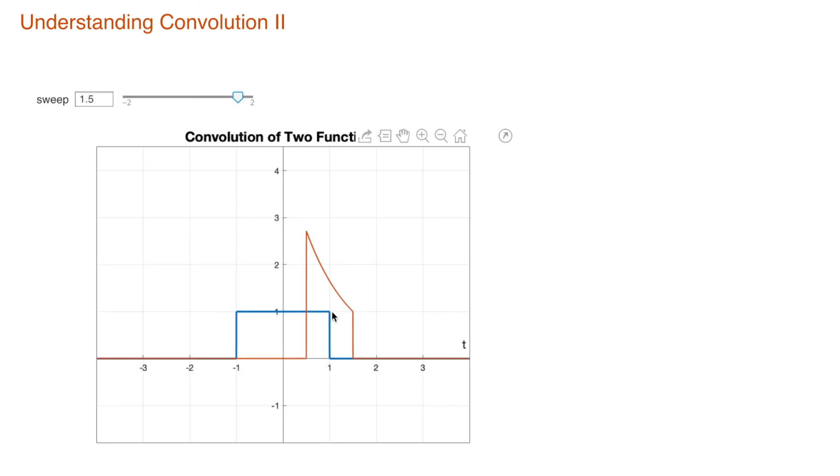And we can see that we're only going to be dealing with the integration between here, tau equals 1, and tau equals t minus 1, which, by the way, at this point is going to be approaching 1. And then as we go to t equals 1.8, we can see that the limits of integration are going to be between tau equals 1 and tau equals t minus 1, which is 1.8 minus 1, which is 0.8. So the limits are now between 1 and 0.8,